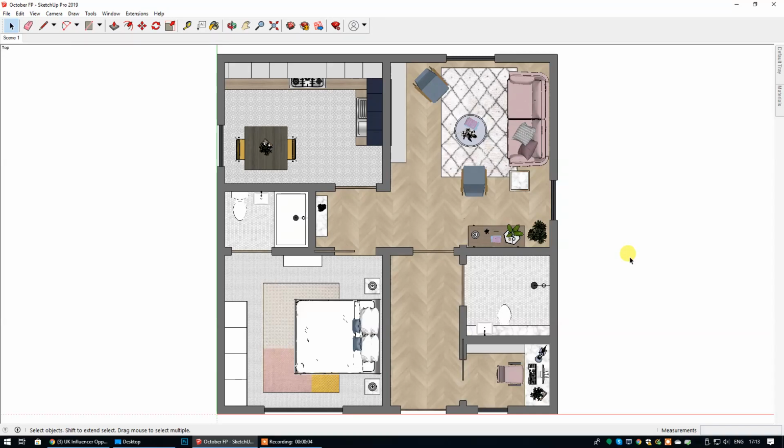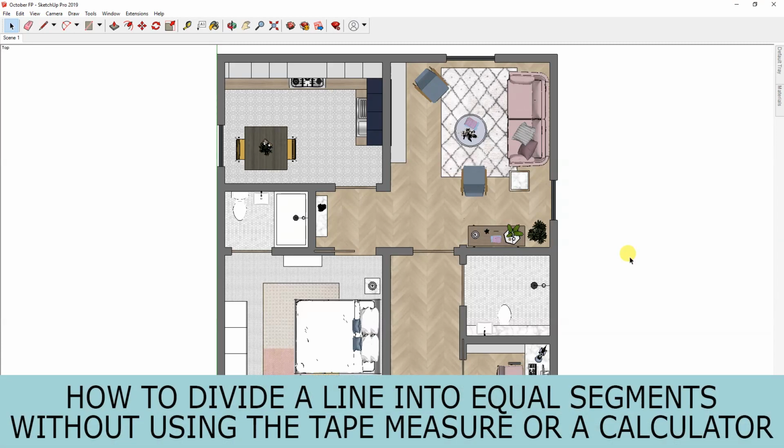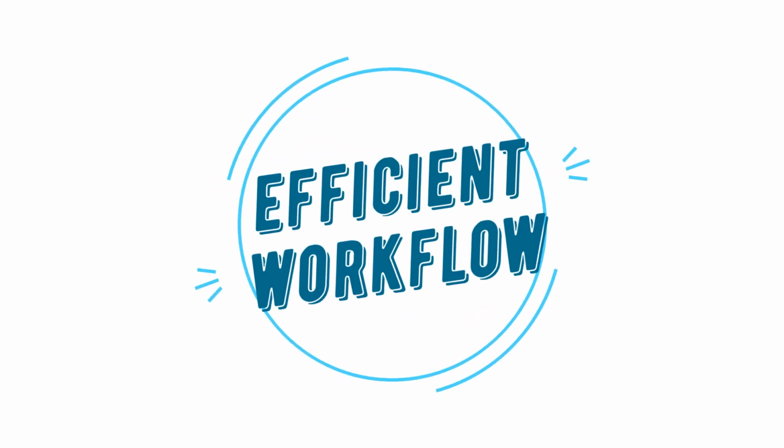Hey guys, I'm going to share a really awesome time-saving tip with you today. This tip is about dividing a line in SketchUp into equal segments without using the tape measure tool or a calculator. This is a really good way to incorporate efficient workflow when creating floor plans or any other type of